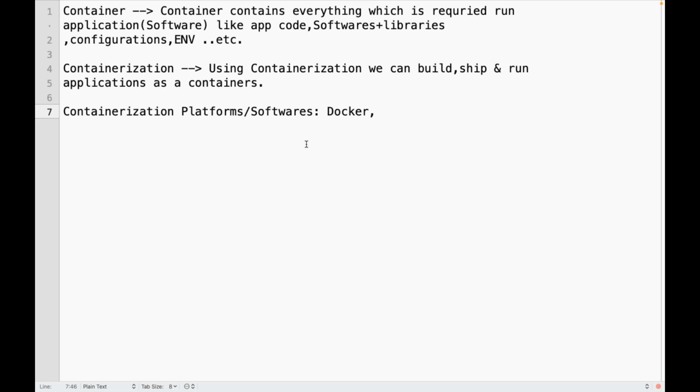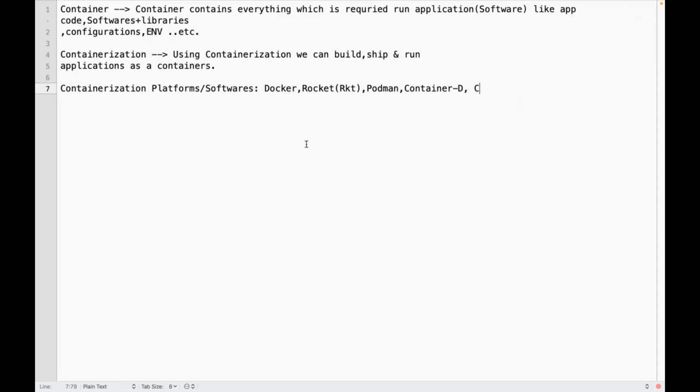Is Docker the only containerization software? No. Docker is not the only containerization software. There are a lot of others: Rocket (RKT), and also Podman, Containerd, CRI-O, etc. These are the containerization softwares.